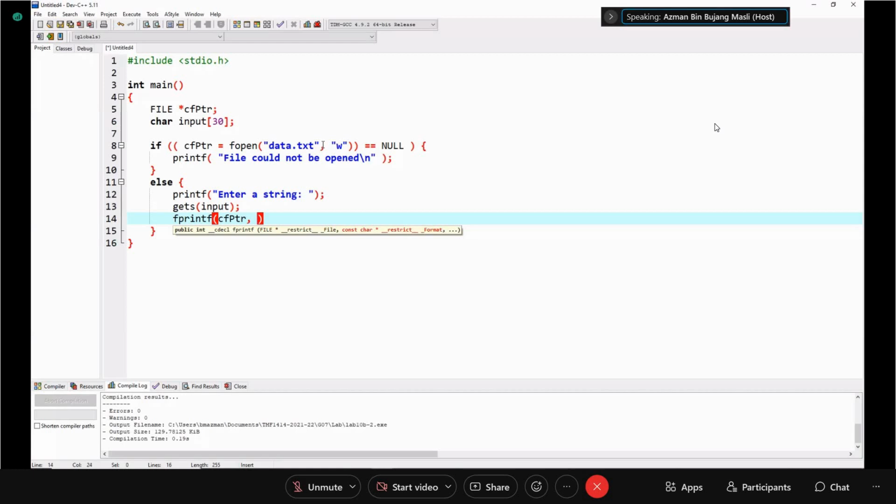And then you need to specify the data that you are writing to the file, which is a string. Then you just supply the string input. So this one will print the input from the user to the file, the pointer pointing to the file.